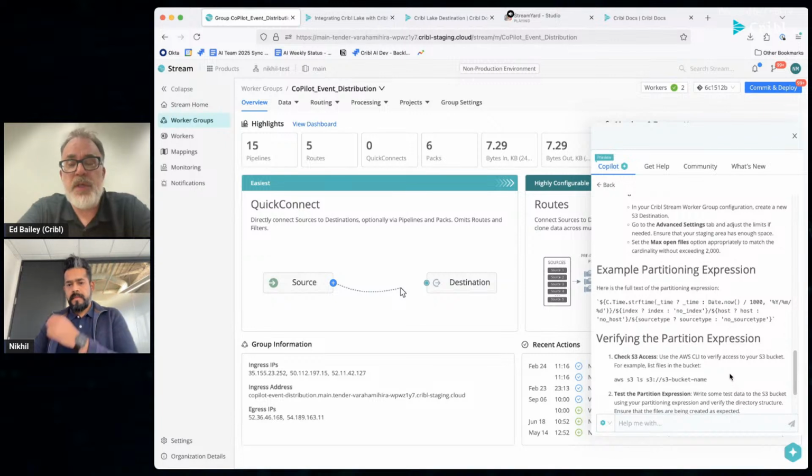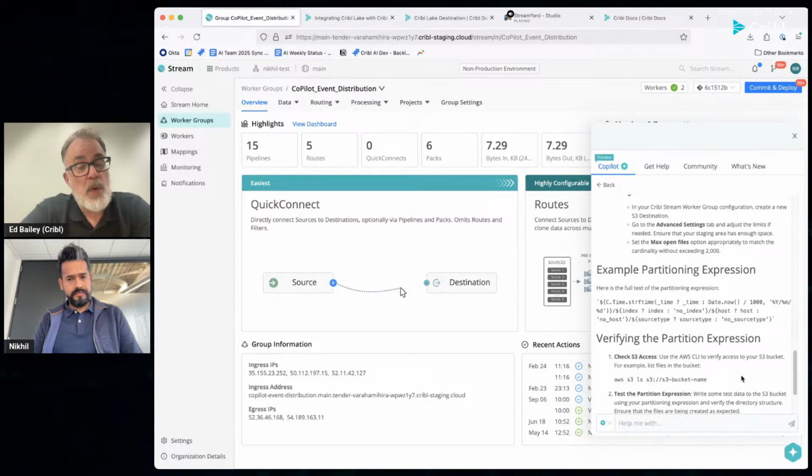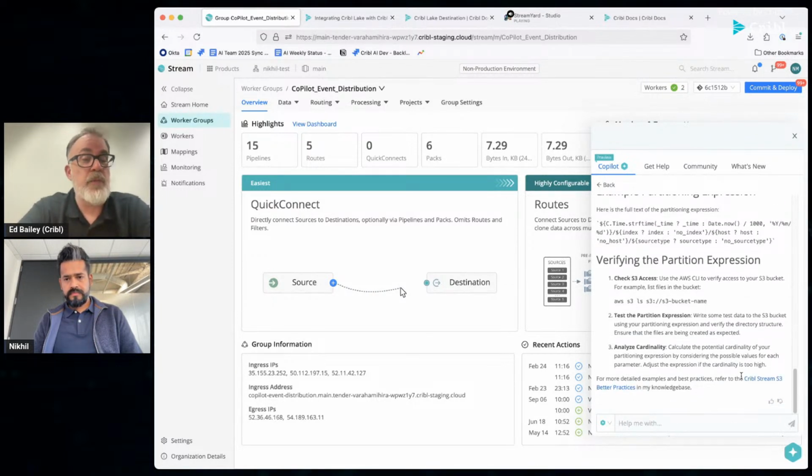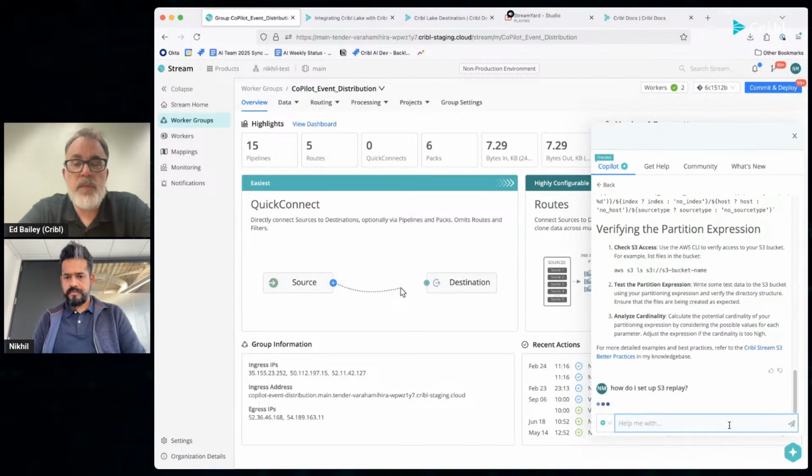Exactly. And when people write data to S3, sometimes they have trouble with how to add enough data to make replay work well. So could I ask, for example, help me set up S3 replay for a data source? How do I set up S3 replay? This would be another one, if we don't have this feature already, where you go to S3 and say, help me with a replay, and get essentially a guided walkthrough of replay.